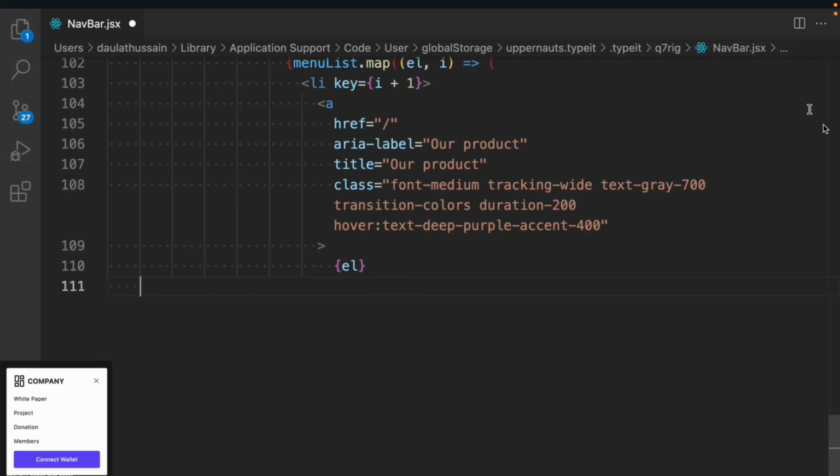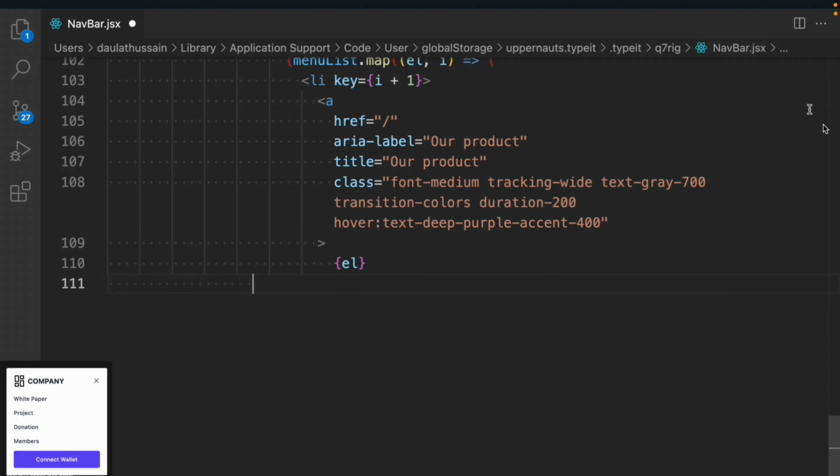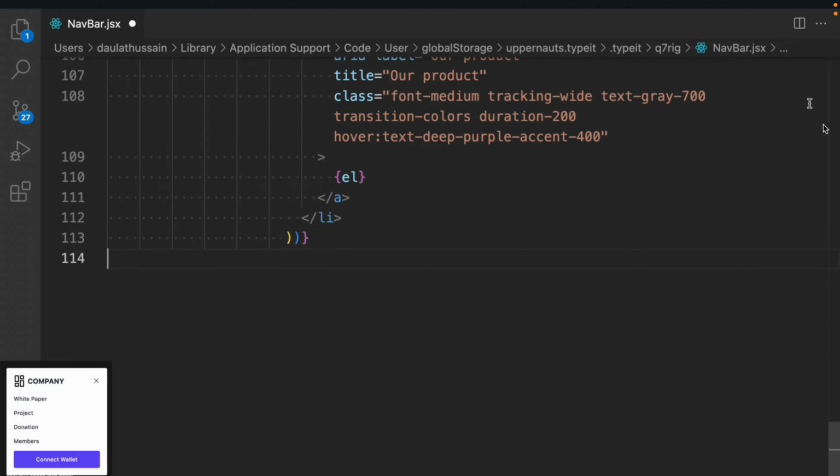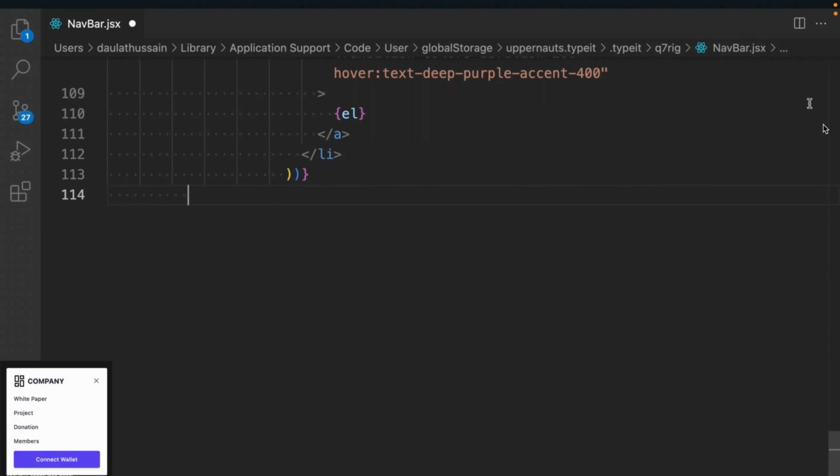We'll pass the data, so the menu itself, and then we simply close this anchor. We'll close this li, and we have to simply close the entire dynamic component, and then we have to simply close this li,